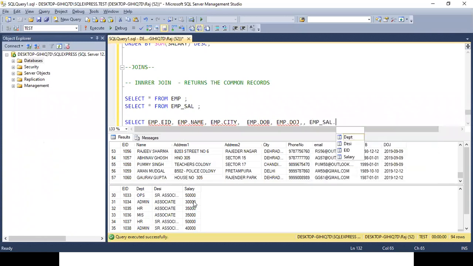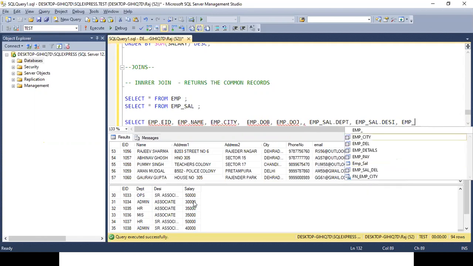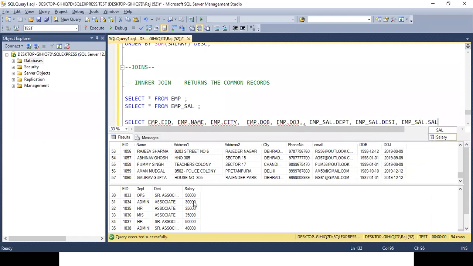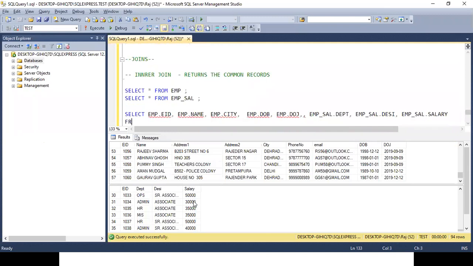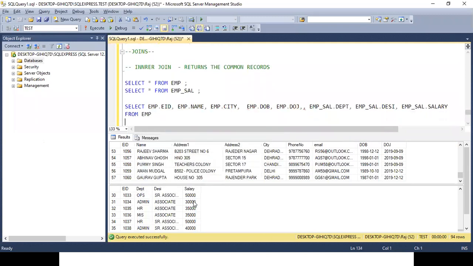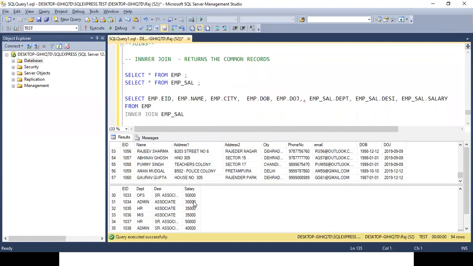Emp_sal.department, emp_sal.designation, emp_sal.salary from emp inner join emp_sal on emp.eid is equal to emp_sal.eid.